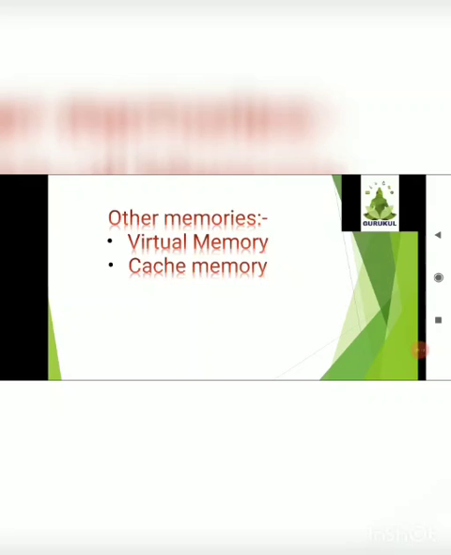Next, it comes to cache memory. What is cache memory? In order to facilitate fast transfer of data and instructions to the CPU, computers today come with a memory which is faster than the RAM. This memory is called cache memory and acts as an intermediate storage between RAM and the CPU. To increase the speed of transfer of data from the RAM to the CPU, sometimes such a memory is required. Nowadays, many computers use this memory to process very fast. This is known as cache memory.